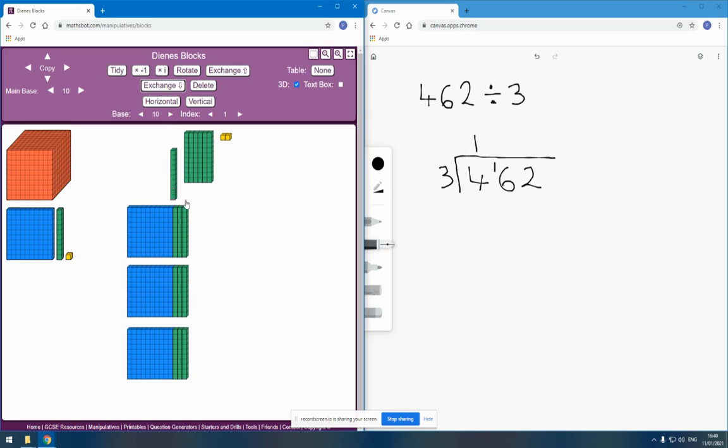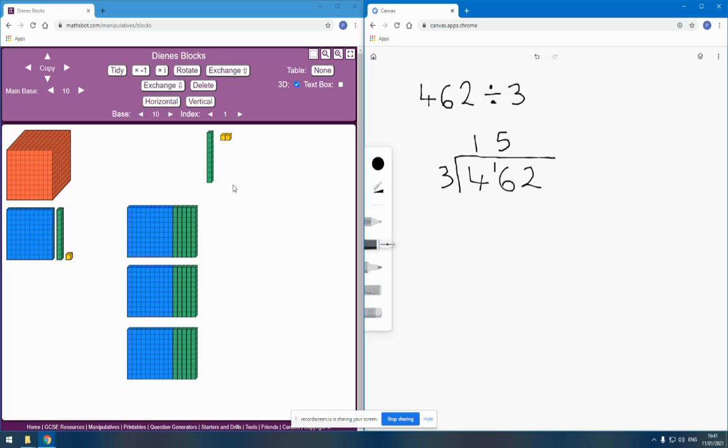And I can keep going until I have not enough tens to share equally across my 3 shares. And that's going to happen when I get to the end of this share. And now I don't have enough tens left to share across my 3 shares. So how many tens have I managed to put in each share? Well, I've managed to put 5 tens in each share. But I have this 10 left over that I can't share across those 3 shares